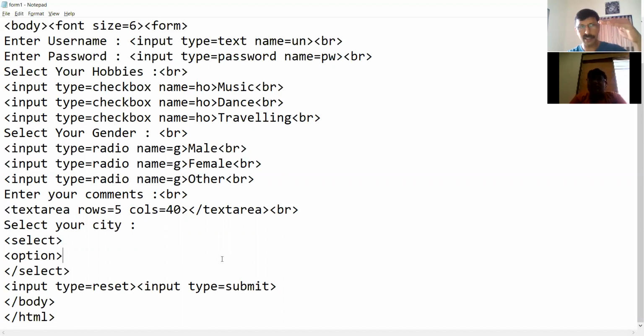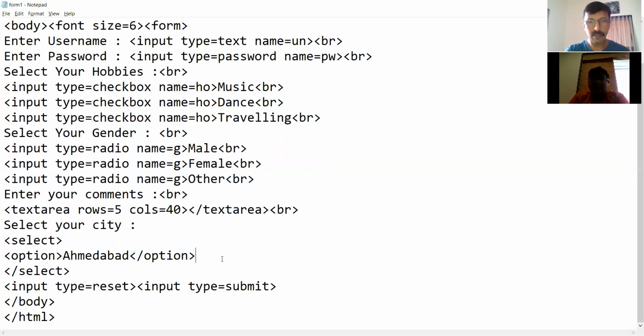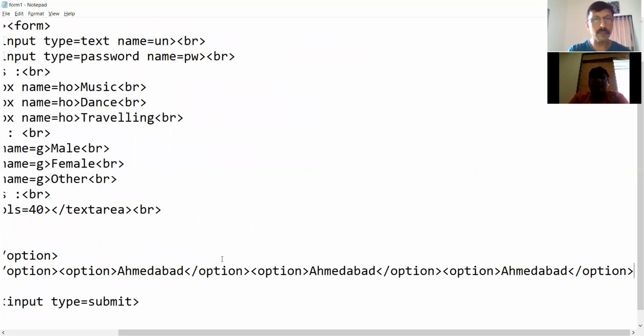So two tags are used to create a drop down menu, select and option. We write select and slash select, and in between we write as many options as we want. So for example, option Ahmedabad, and then slash option. You can select this, copy it, and then paste.